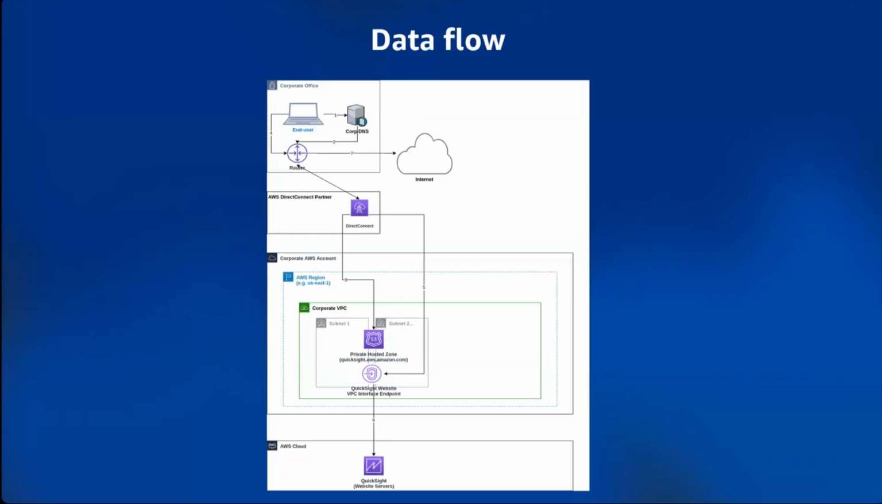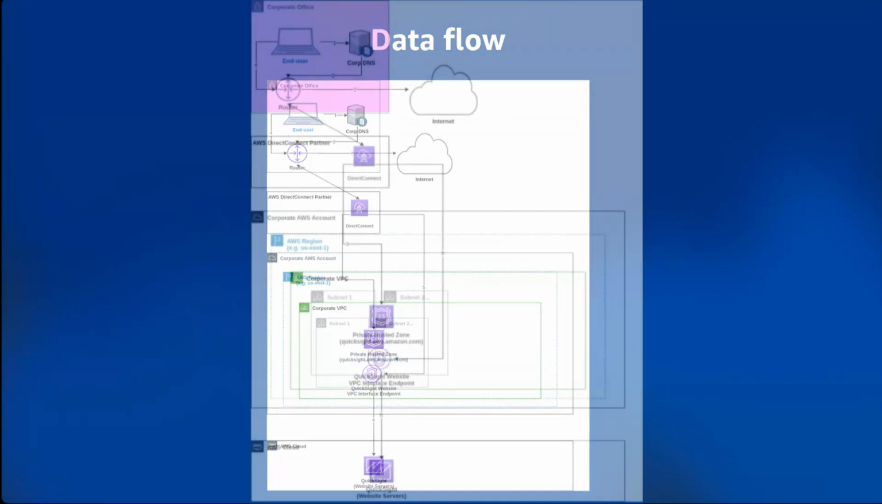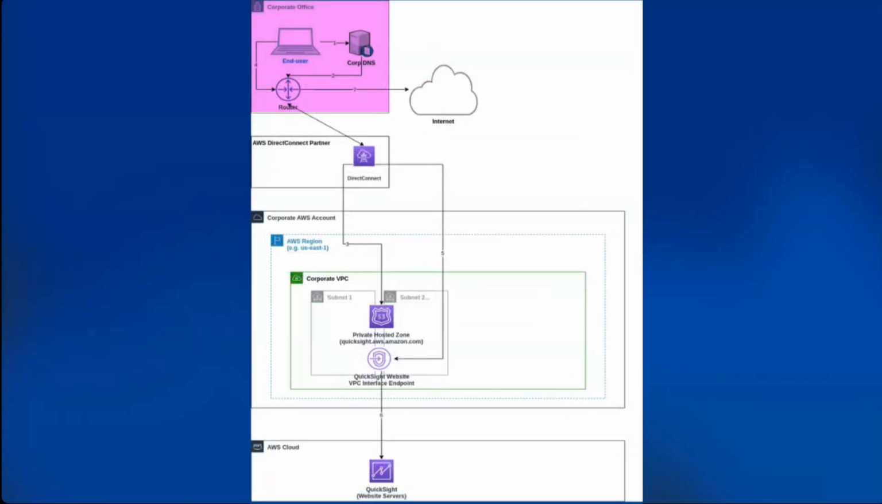Here is a sample architecture of the data flow. Let's start from top to bottom, following how an end user connects from the laptop all the way to QuickSight and responds back. First, the user goes to quicksight.aws.amazon.com, and the company's DNS server sends a lookup request to the Amazon Route 53 inbound resolver, pointing to the actual public facing endpoint. This DNS request and its response travel securely through Direct Connect,